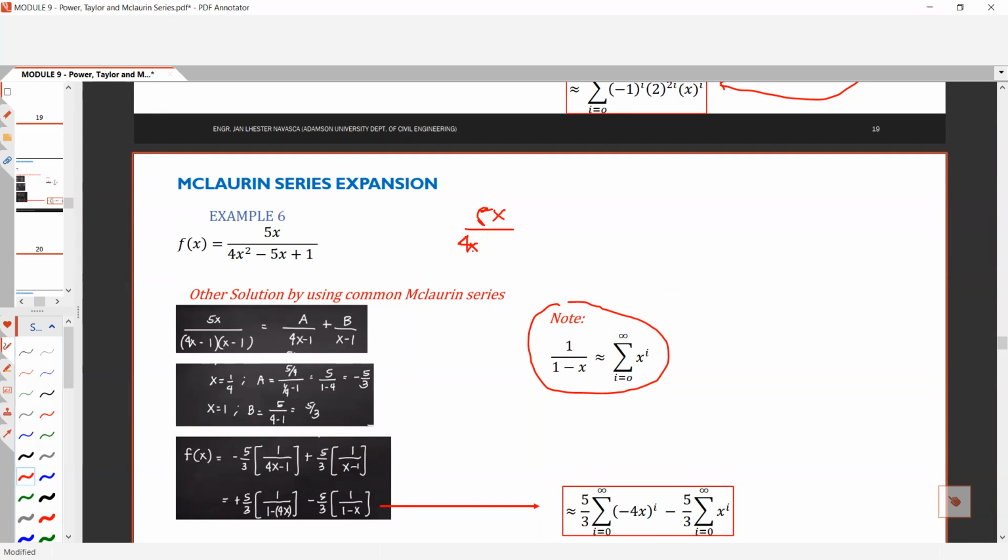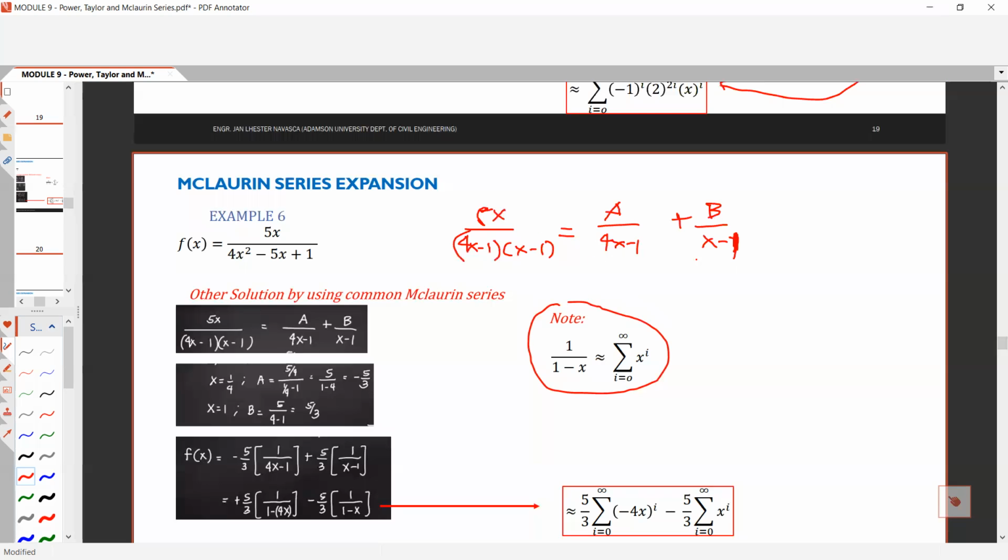So that is 4x minus 1, x minus 1. Okay, so that is simply A over 4x minus 1. Kailangan 1 degree lower yung numerator sa denominator, 'di ba? So that is B over x minus 1. So kapag ganito yung powers of 1 lang, substitute mo lang yung x na magpapasiro sa ilalim,